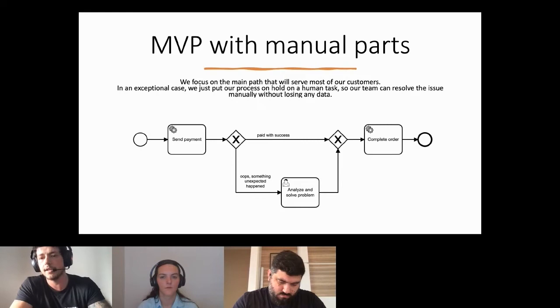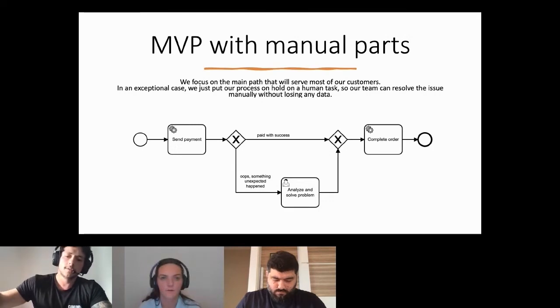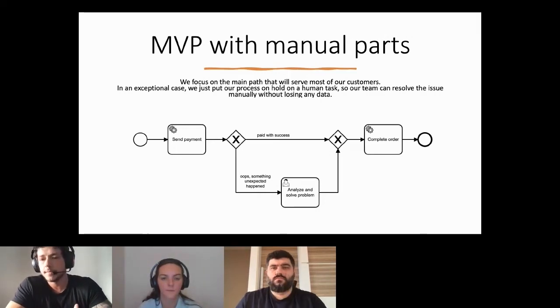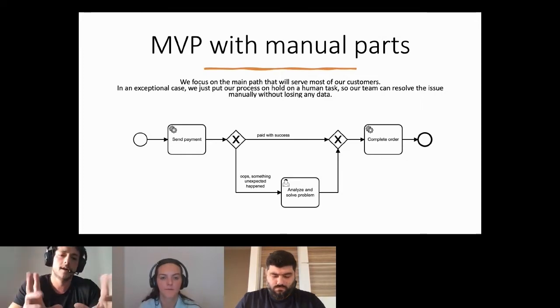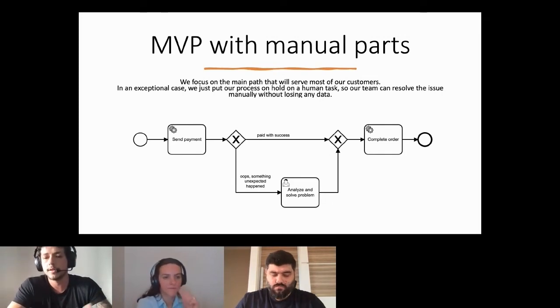In this way, I can learn about the errors that I didn't know would happen, and while solving this in this user task, and going again to complete order task and finishing the process, I have little or minimum impact on my customer because the payment will happen anyway, but I have impact on my team that will need to work manually in this task.